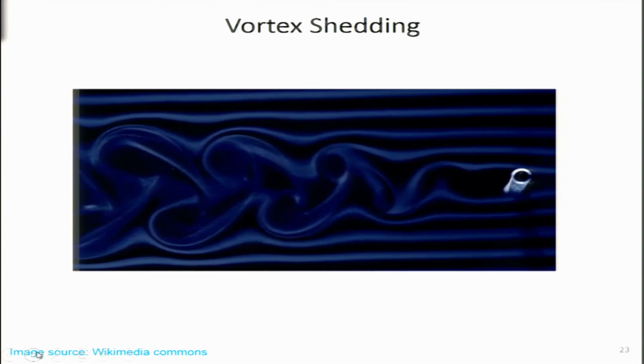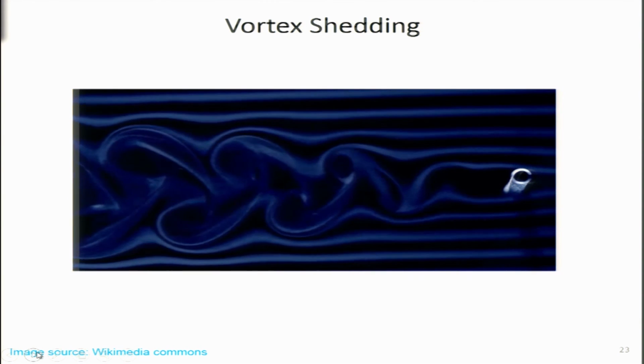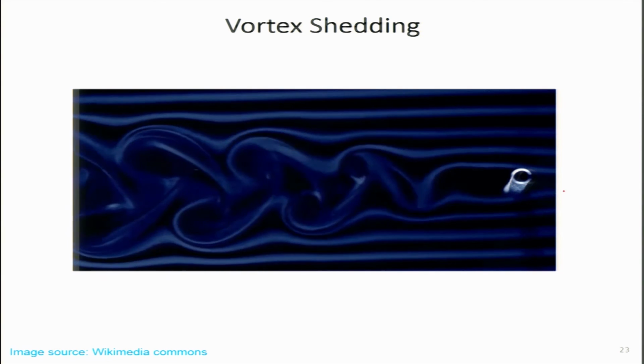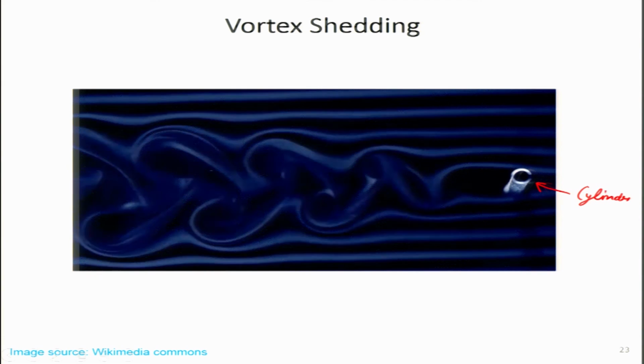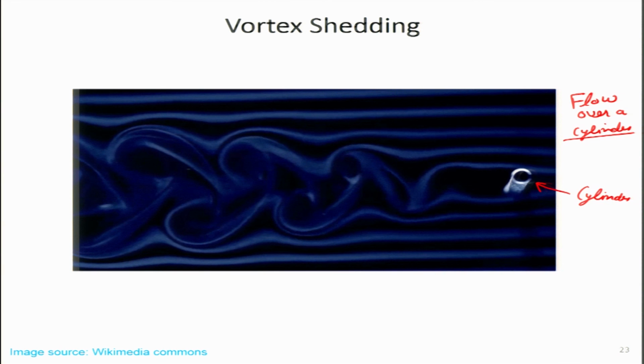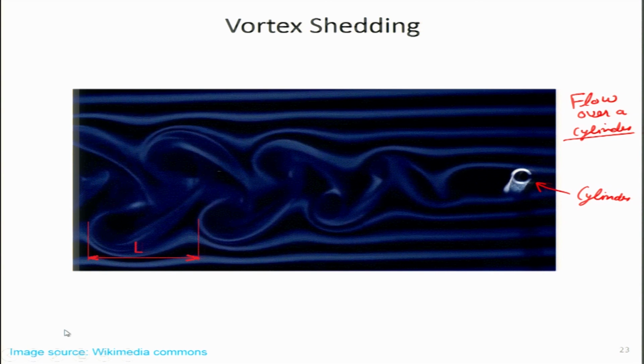And another interesting phenomenon which takes place in flow, this is not about laminar and turbulent flow, but you can see this is some sort of a cylinder over here. So, this one we will classify as flow over a cylinder. Now, in real life, where have we seen the flow taking place over a cylinder? Some may say we have never seen that, but I will claim that actually we all have seen it.